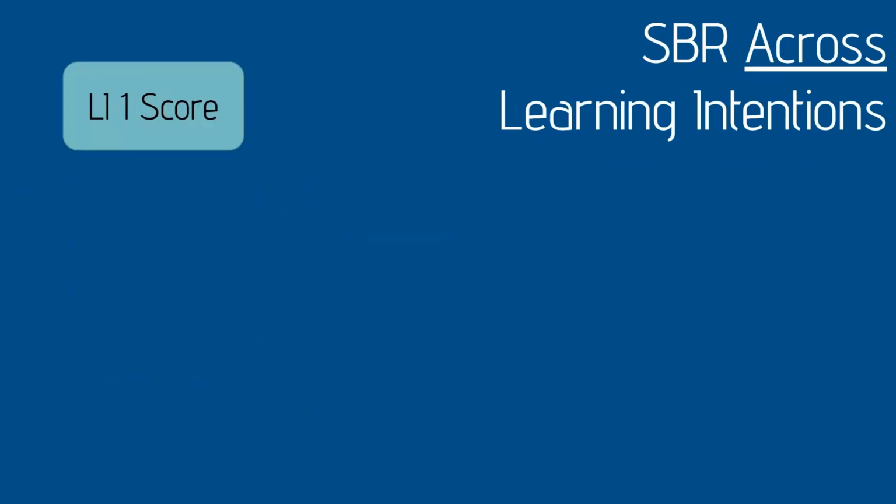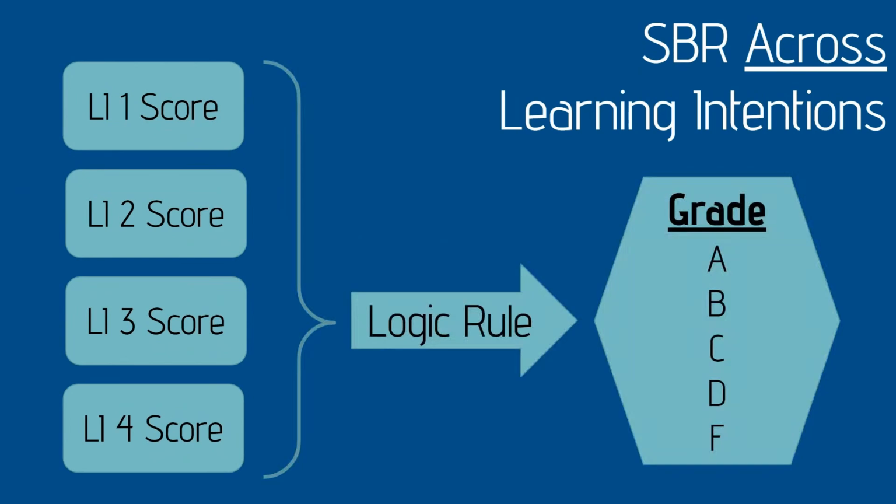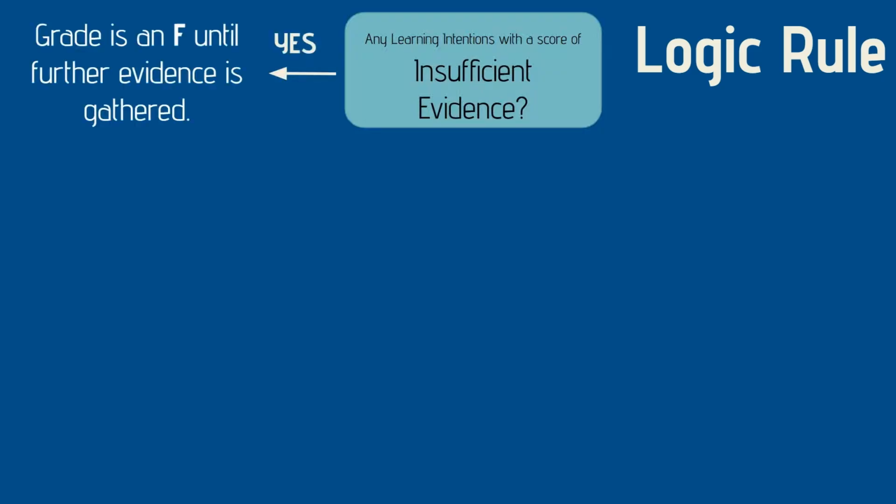Once we have multiple scores on different learning intentions, then we're going to look across those learning intentions to determine a letter grade for the class using a logic rule. The logic rule our district is going to use asks questions about which levels of learning students have. The first question we ask is, does the student have any learning intentions with a score of insufficient evidence? If the answer is yes, then the student will be assigned an F in the class until they can demonstrate